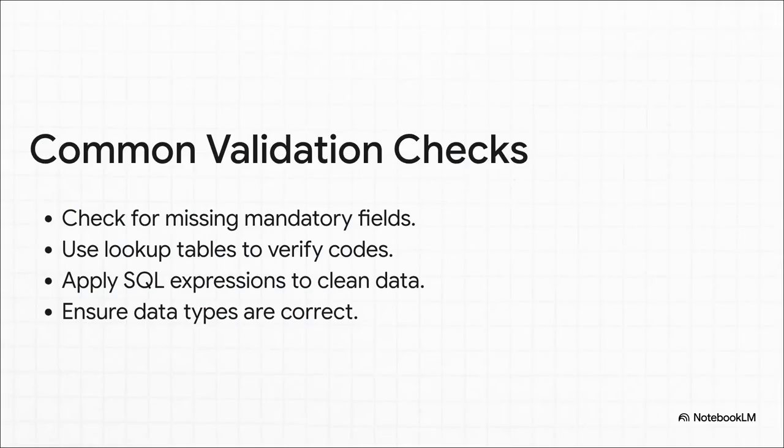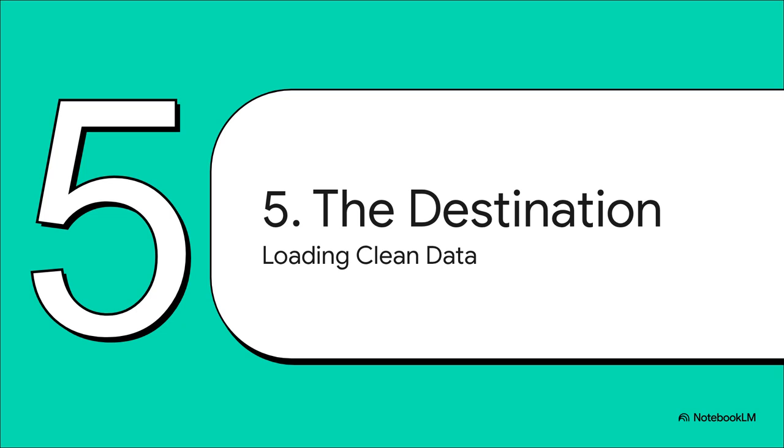So what kind of checks are we talking about here? Well, really anything your business needs. We can check that a critical field isn't empty. We can check a product code against our main list to make sure it's even a real product. Or we can do something as basic as making sure a number column actually has a number in it. This is our chance to enforce our rules on all that incoming data. The data that made it through that tough quality gate is now clean, it's validated, and it's ready for the